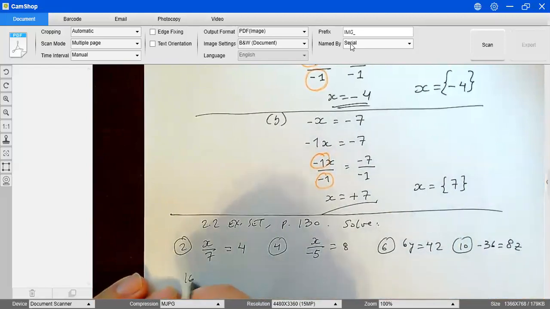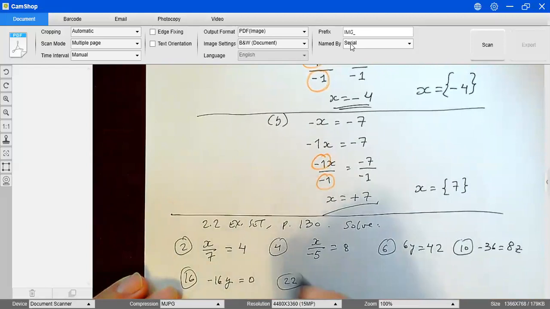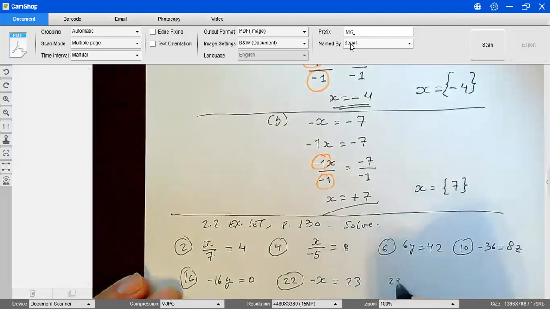Then problem 16 is negative 16y equals 0. Problem 22 is just negative x equals 23, and problem 28 is going to be ax